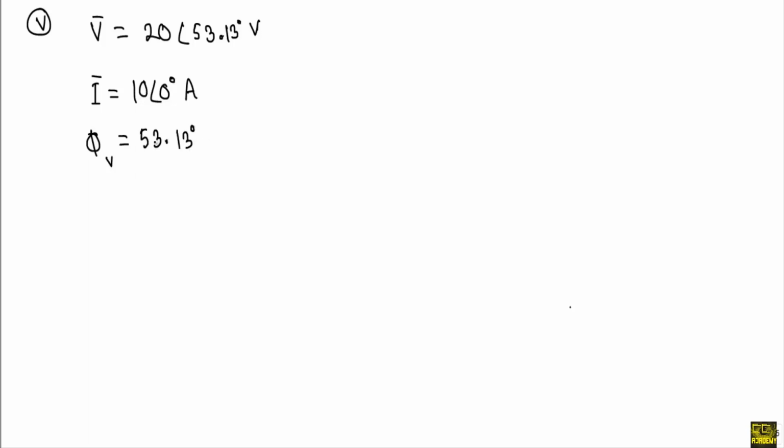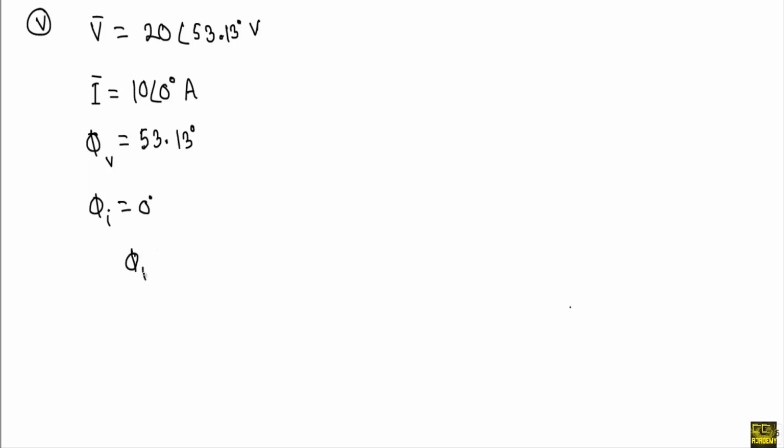See, our RMS voltage V is equal to 20 phase angle 53.13 degree volt, and RMS current I is equal to 10 phase angle 0 degree ampere. See here, the initial phase of voltage, which is phi V, is equal to 53.13 degree, and the initial phase of current, or total current, is equal to 0 degree. Therefore the